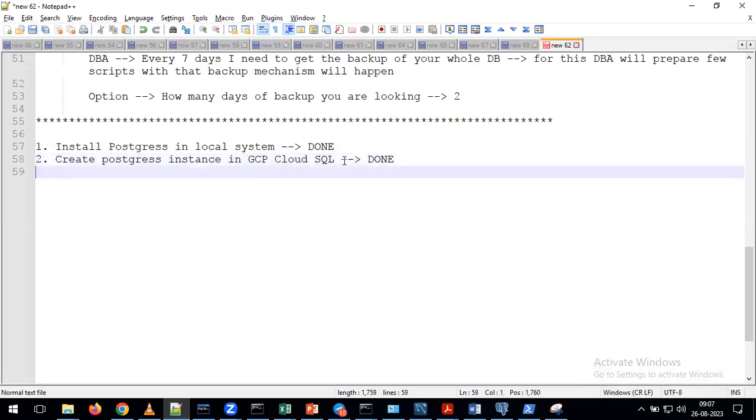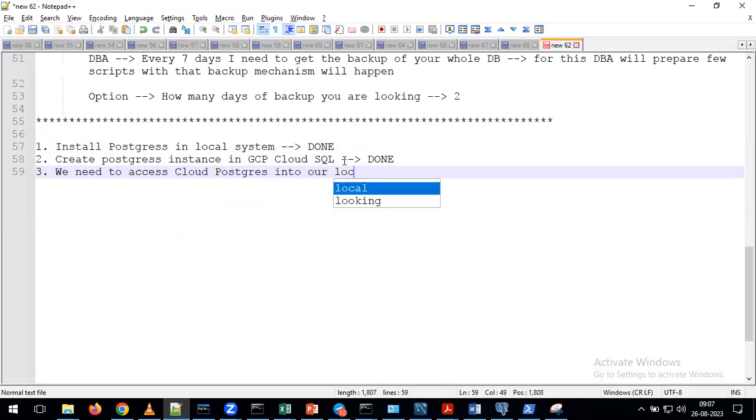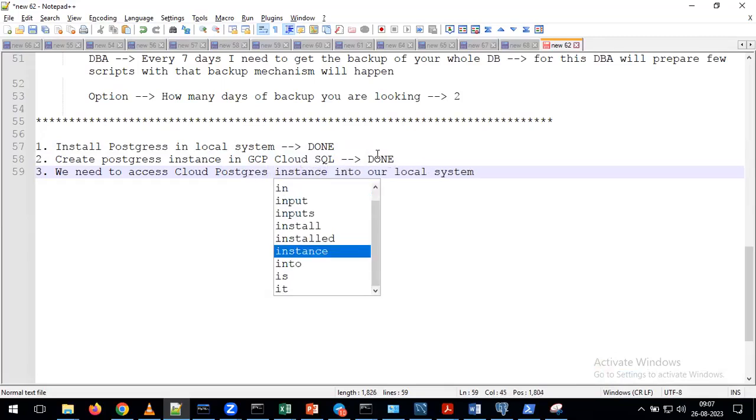Okay. Now, third step, we need to access Cloud Postgres from our local system. So what is the requirement here? I want to access the Cloud Postgres instance from our local system.